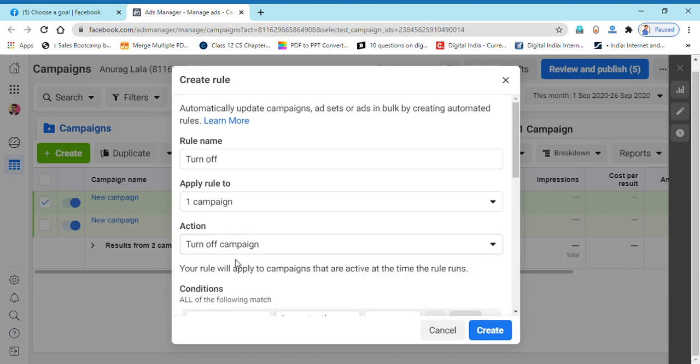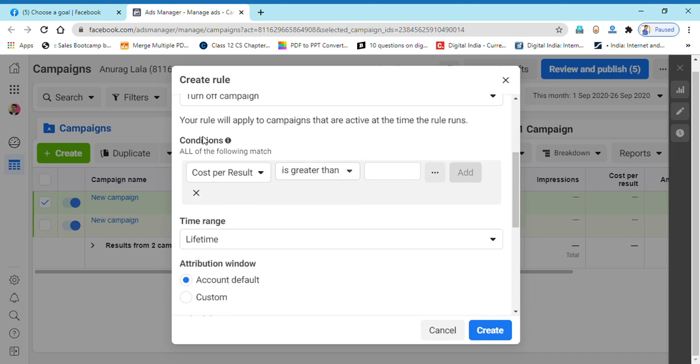Here what I will do, once my per day limit is exceeded, I will be turning off the campaign. Means after that Facebook will not charge me. I want to repeat once again. If my daily budget is exceeded, the amount which I set during the making of the Facebook ad, in that case the campaign will be turned off permanently. It is the action. Okay, now the condition.